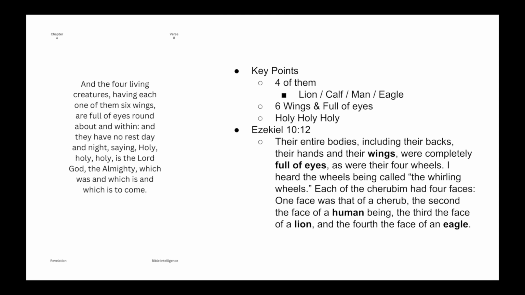Now, it's not exact. It's not like John read Ezekiel and was like, I'm just going to copy what I've read, because of course this is 6th century BC. Revelation is in the AD, and it's not like he just copied it word for word, because for one, these ones don't have wheels, and the one's got a face of a cherub, where this one has got the face of a calf. So it's not exactly the same. The wheels are different, one of the faces is different, and I think these ones have 4 faces each. So it's not the same, but you've got to admit it's very similar. It really, really is very similar.